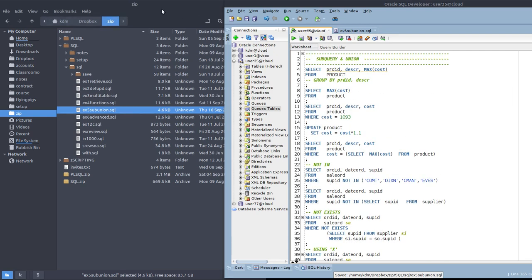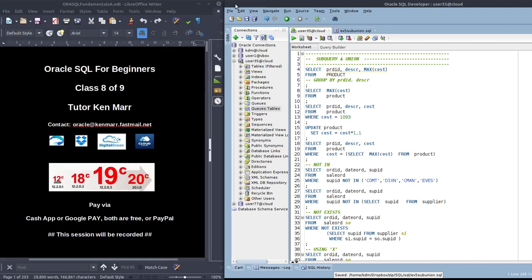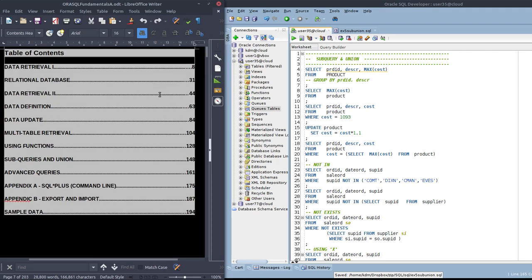I'll go back to the course notes. It's so sunny this morning I can't see the screen properly. And if I go forward to page 7, we're doing subqueries and union. We might do the advanced queries as well this morning. We'll see how we get on, because these ones were nicely 20 pages, but this one's a bit shorter. So if I jump there,